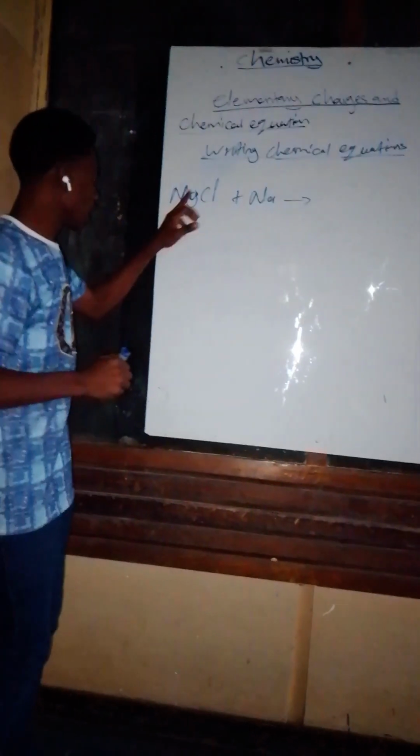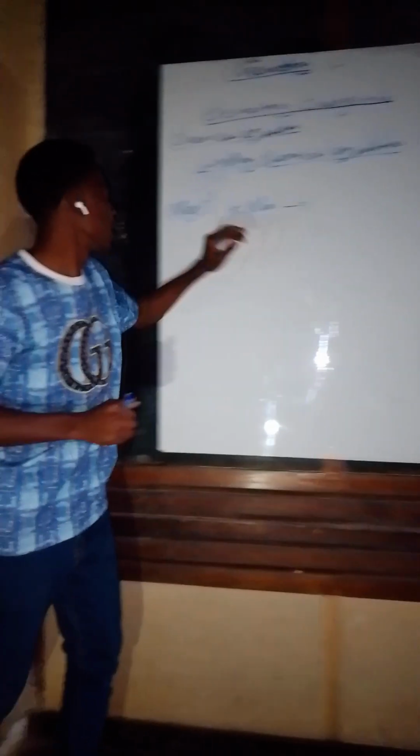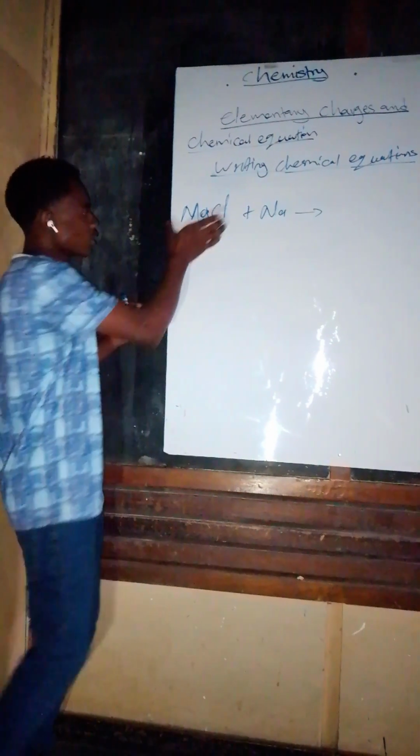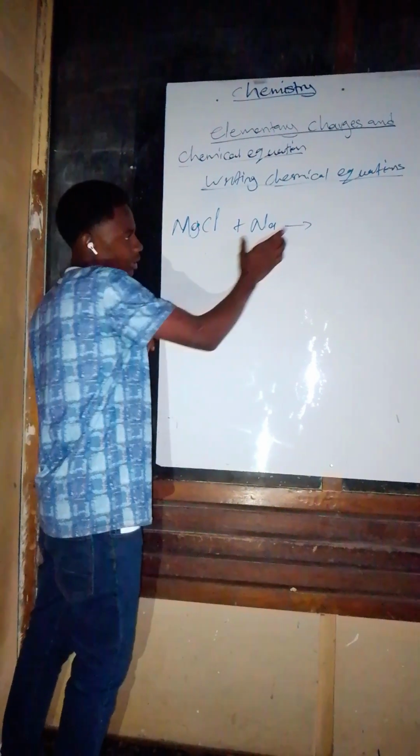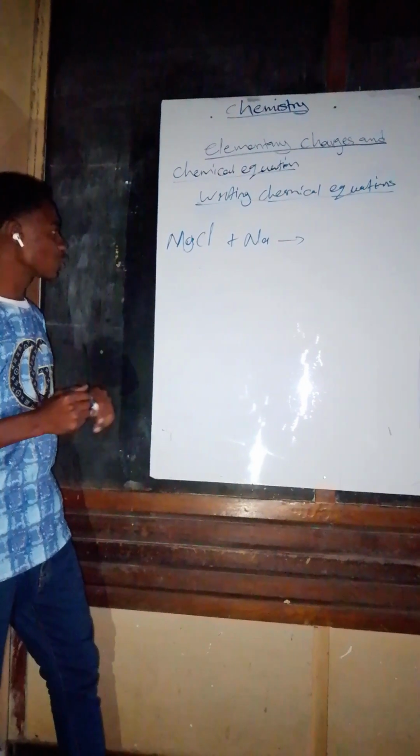So when, in this case, you see a reaction like this one. This one is a metal and this one is a metal. This one is a non-metal. But this one is a compound reacting with a single element yielding something. Okay. What you need to consider is